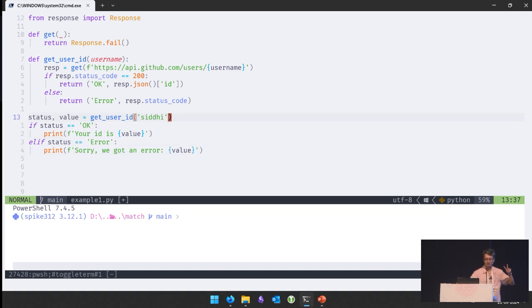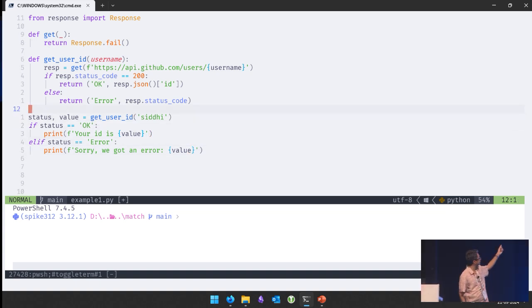So the two tuple, it's a two tuple, right? That will put status as the first value, the value as the second value. So from a readability perspective, this is better. Now at least I know that the first item is a status, second item is a value, right? But even here, it's not really clear because in the success case, the value is some ID, right? In the failure case, that value is a status code, right? They're both two different values based on what the first value is. So this makes it a little better readable, but really not that great readable, right?